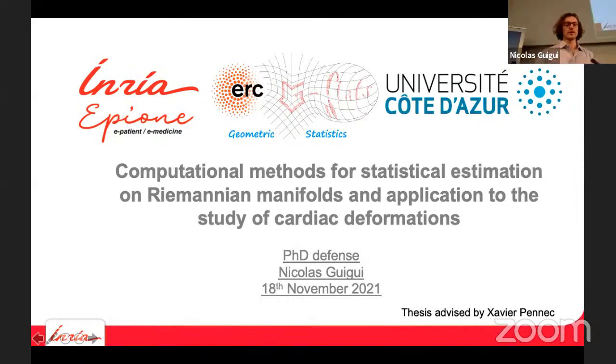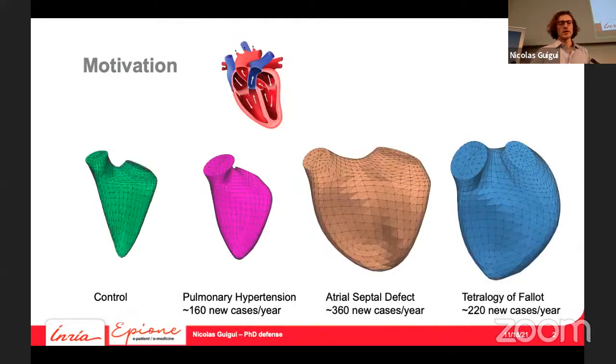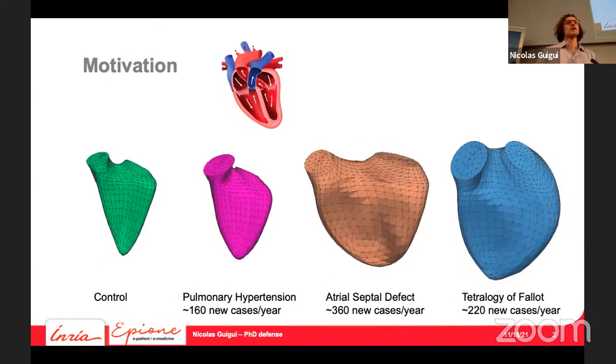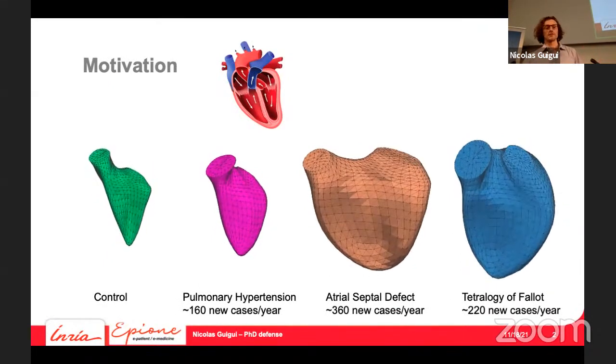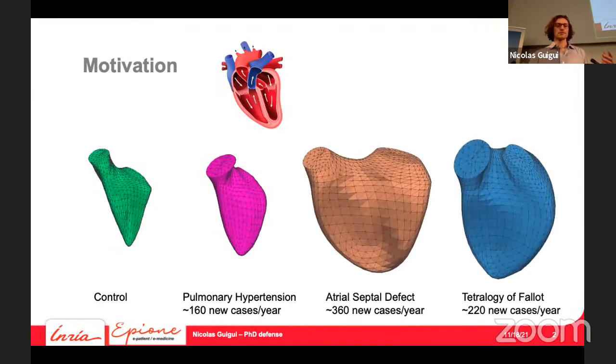I interned here at INRIA in the medical imaging team Epione, and was part of the ERC project on geometric statistics. And the problem I was faced with at the beginning of my thesis was to analyze the cardiac function of this shape of right ventricles. So the right ventricle is the part of the heart that sends blood to the lungs in order to fill with oxygen, and has a large capacity to reshape or remodel in the presence of shape or volume overload,